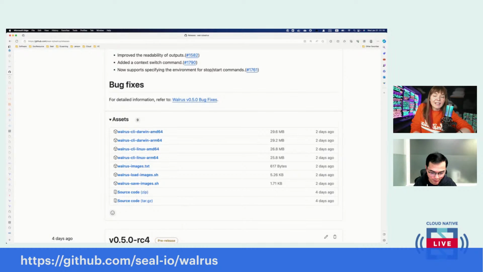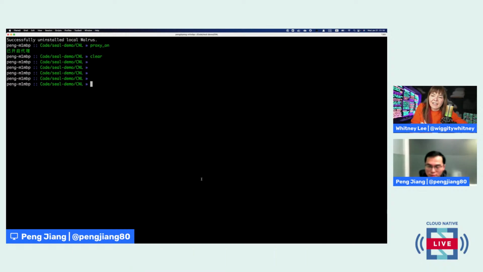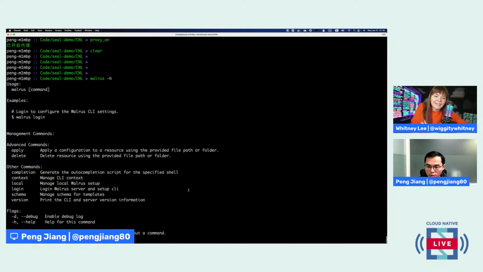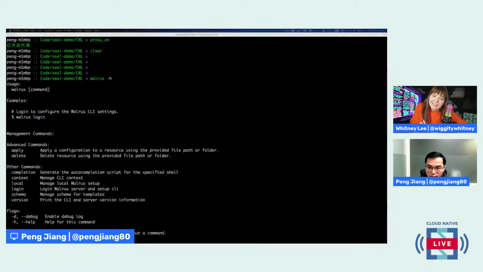Currently, we support Linux and macOS, and Windows support will be coming soon. Okay, in my client, I already have the Walrus client installed, and I also have Docker Desktop installed. Okay, so now I can use the